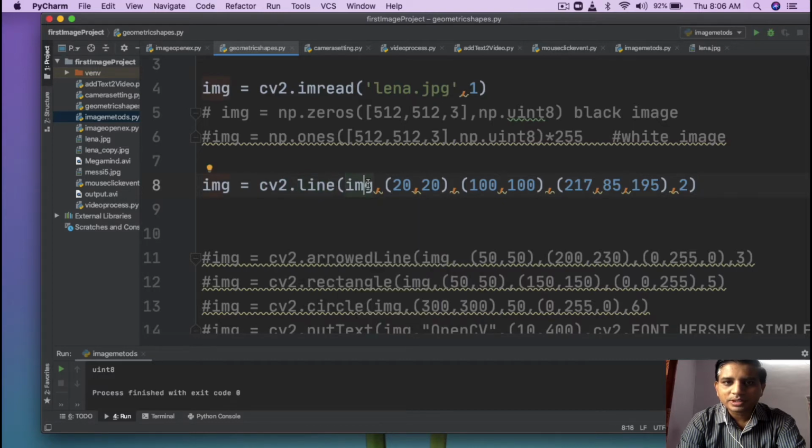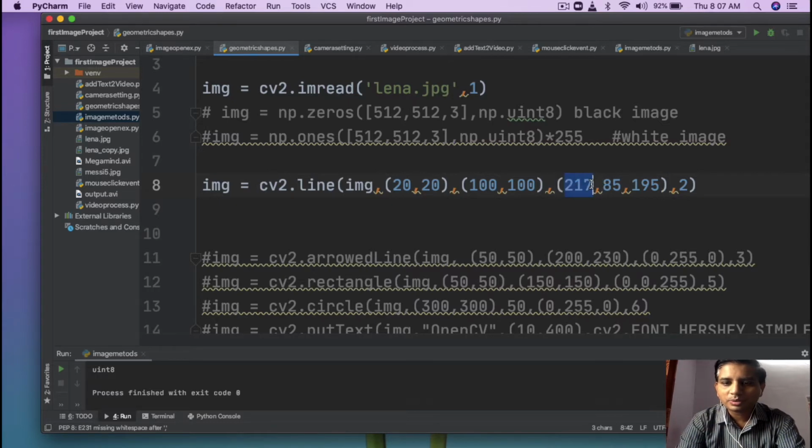The very first argument is img. Img represents the image on which you want to draw that particular line. The second argument is the starting coordinate of the line. The next argument is the ending coordinate of the line. The next argument is the color of the line.